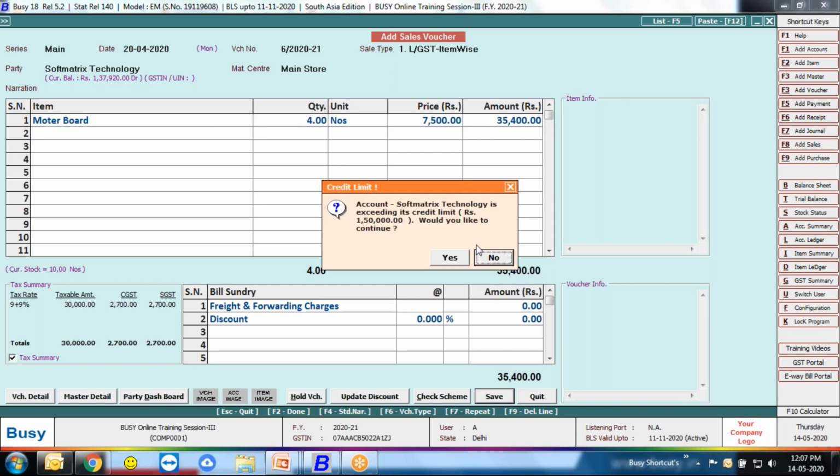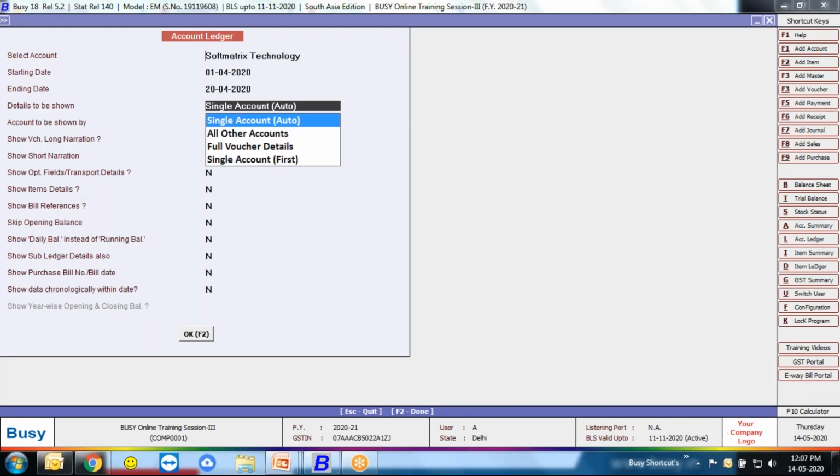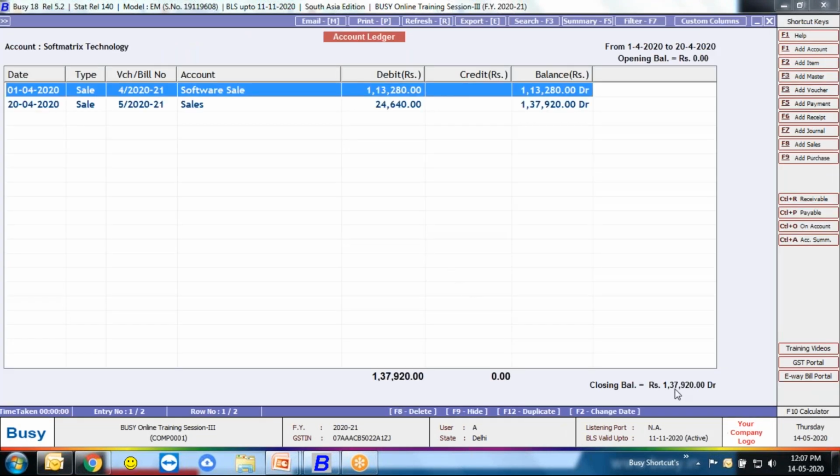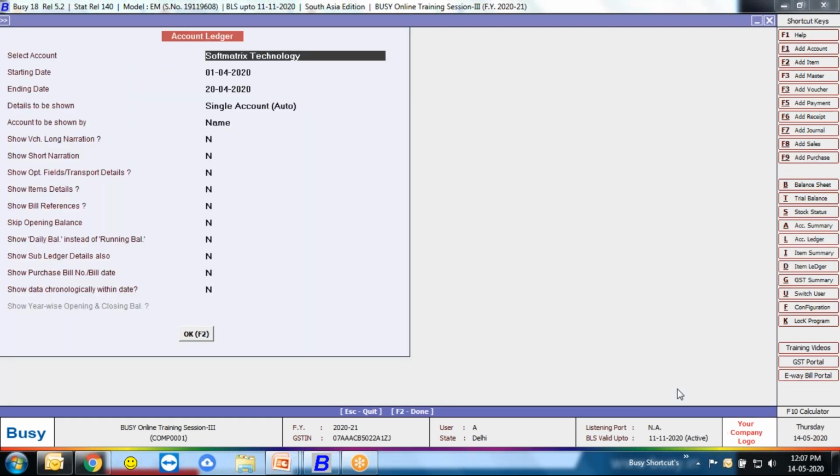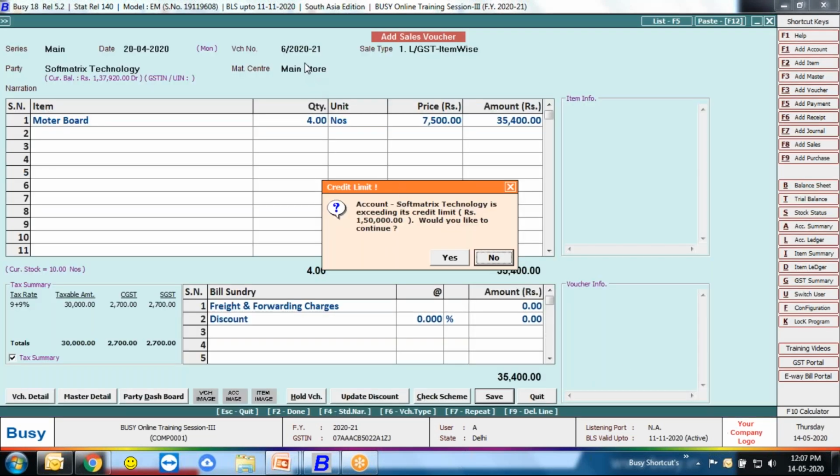Now, your credit limit is exceeding 1,50,000, but how is it possible? You can also check its ledger. The ledger balance is now 1,37 because it's less than its limit. But when we generate its third invoice, the credit limit is crossed.